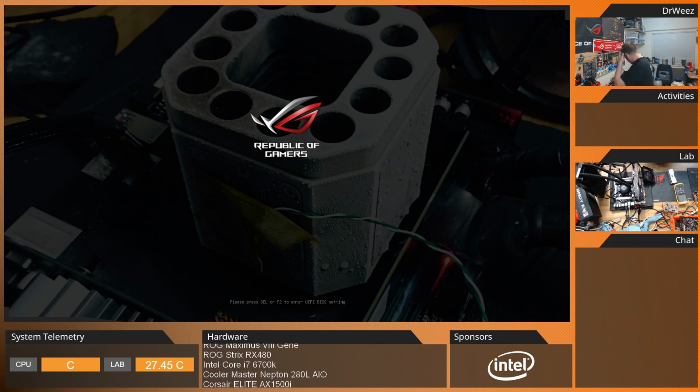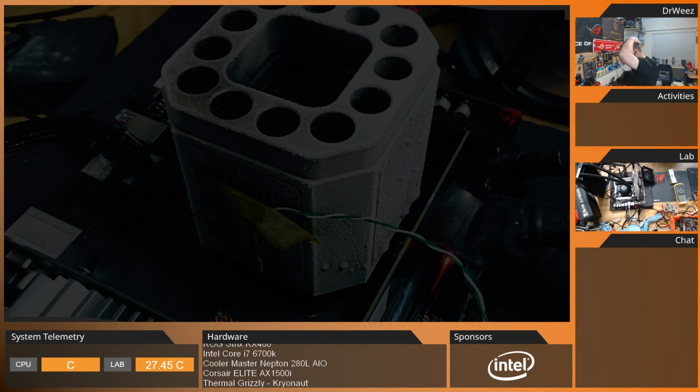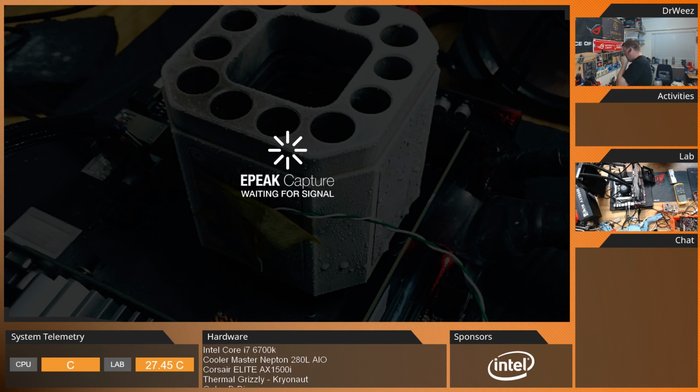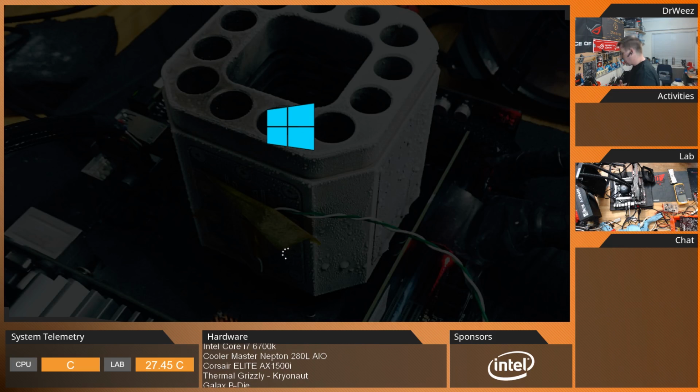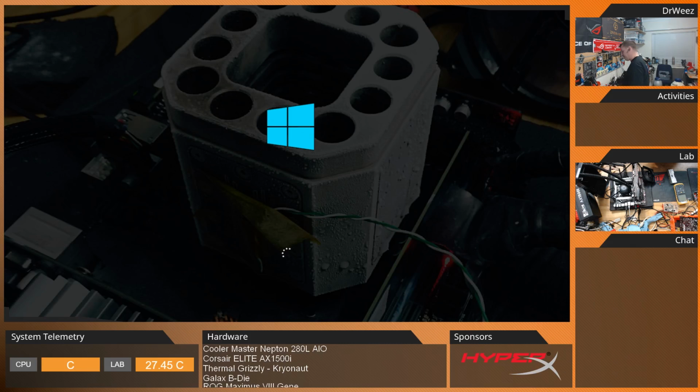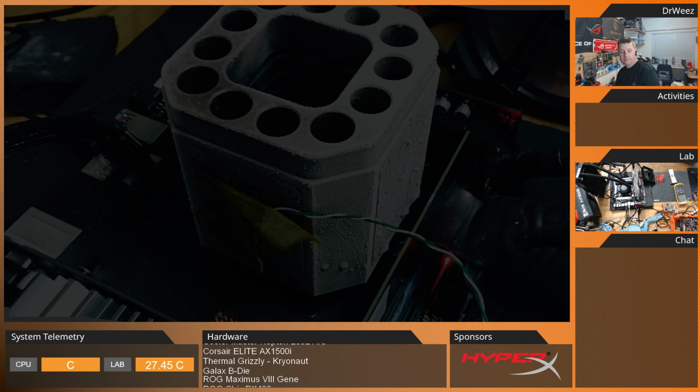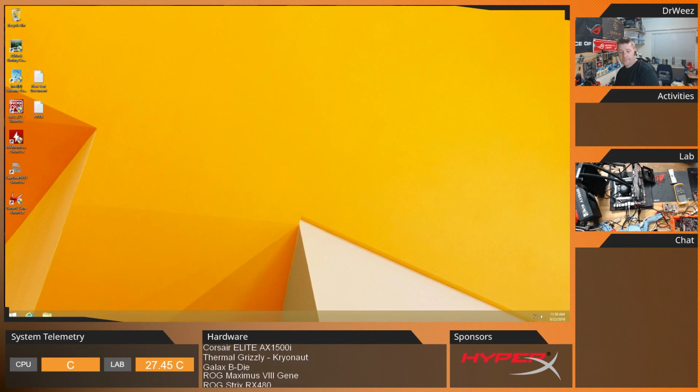So I think what I'm going to need to do is test both sets of these memories with my good IMC on the Impact, and really just make sure that they are able to do at least the minimum of what they've been sold for, and then from there to see what the maximum is. Anyway. Alright, so